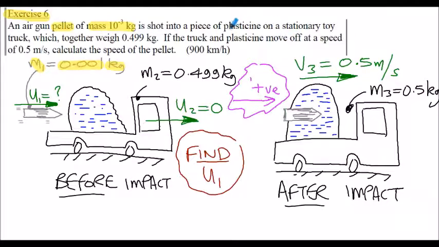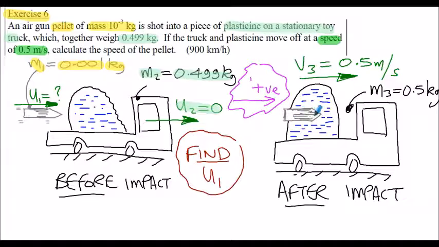The plasticine and stationary toy truck together weigh 0.499 kilograms. So I've called the M2 is 0.499 kilograms. And we're also told that the toy truck and the plasticine is initially stationary, so U2 will be 0 in this case. We know that after the impact there is a common speed of 0.5 meters per second